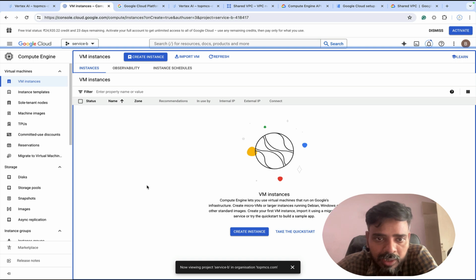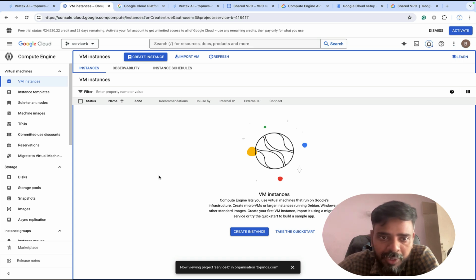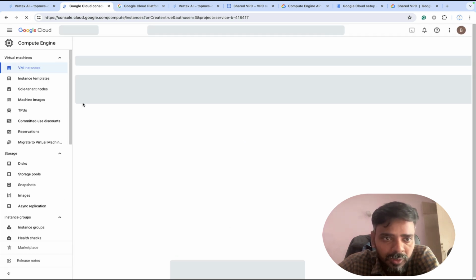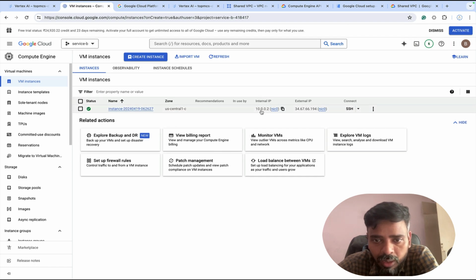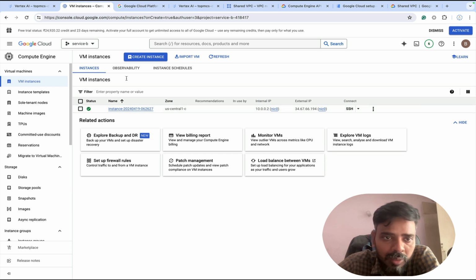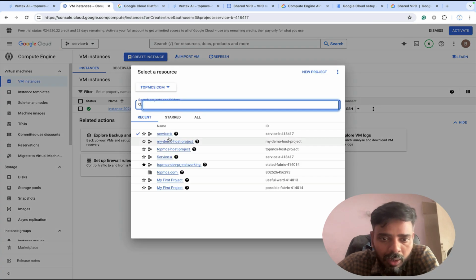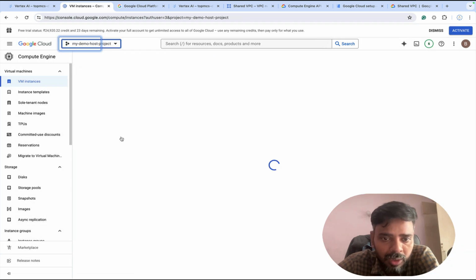So you can see after creation of this VM, the IP range of that particular VM will be matched with the host project, where the subnet is already created. So let me show you once created, then we will compare it. Let me refresh. Here you can see the IP address of 10.0.0.2. So this is my service project, but if I go to my host project, my demo host project, as you can see,